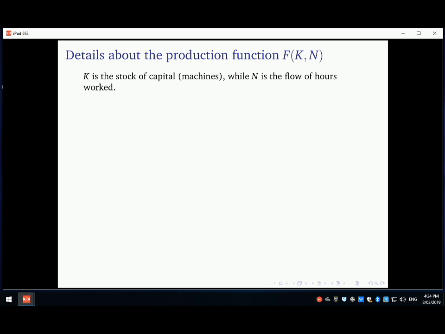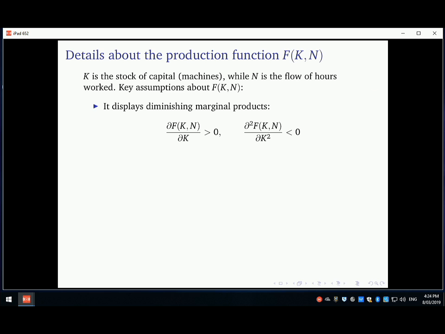Good. So now, let's think about key elements of the production function. The production function f of K, N, where K is capital and N is hours worked or number of workers. It displays diminishing returns, diminishing marginal products. Who has heard about this term, diminishing marginal products? Okay, so diminishing marginal products is